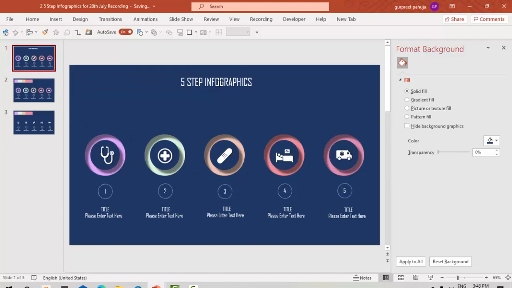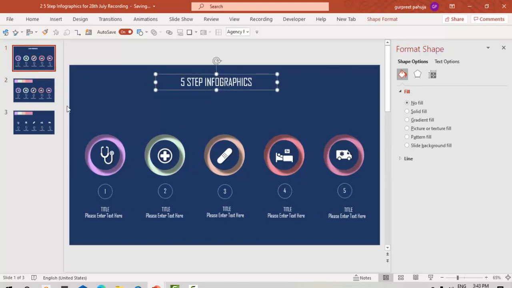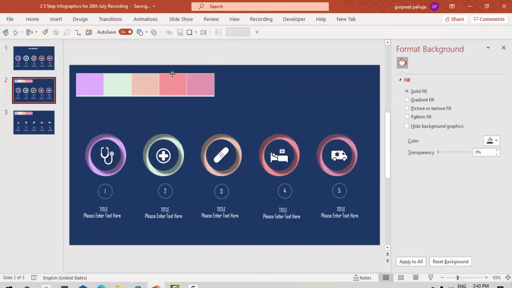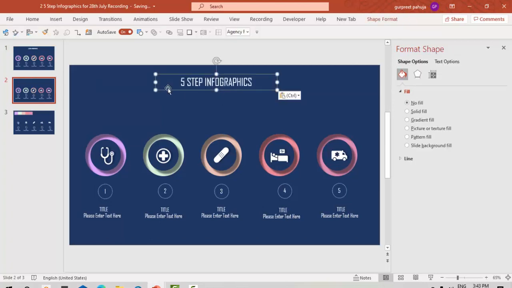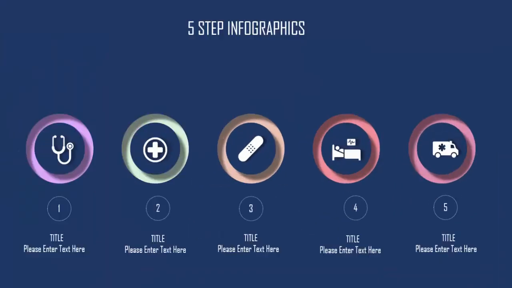So I'll just copy this and we will delete the palette. Let us now see it in slideshow mode. It is all properly aligned, and you can see these effects which have come up.